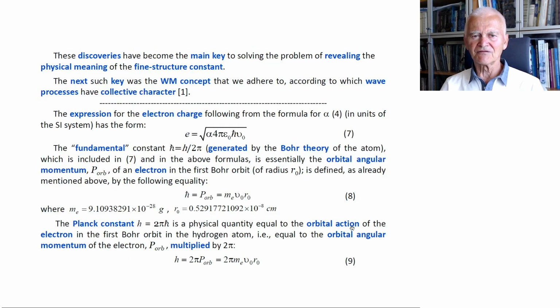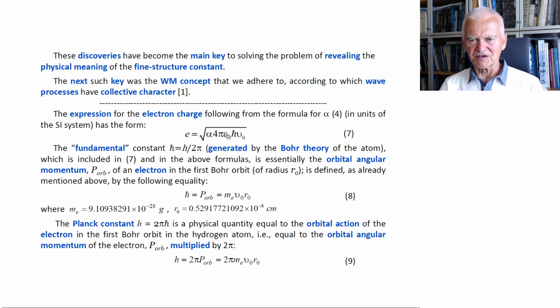These discoveries have become the main key to solving the problem of revealing the physical meaning of the fine structure constant. The next such key was the wave model concept that we adhere to, according to which wave processes have a collective character. The expression for the electron charge following from the formula for alpha, in units of the SI system, has this form 7. The fundamental constant h bar, generated by the Bohr theory of the atom, which is included in this expression,